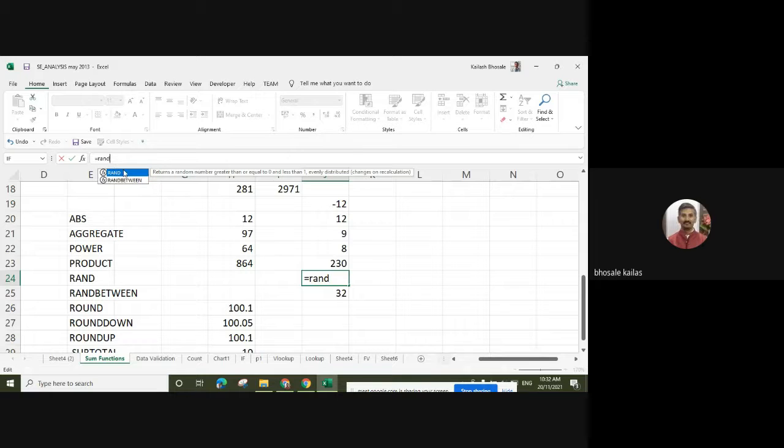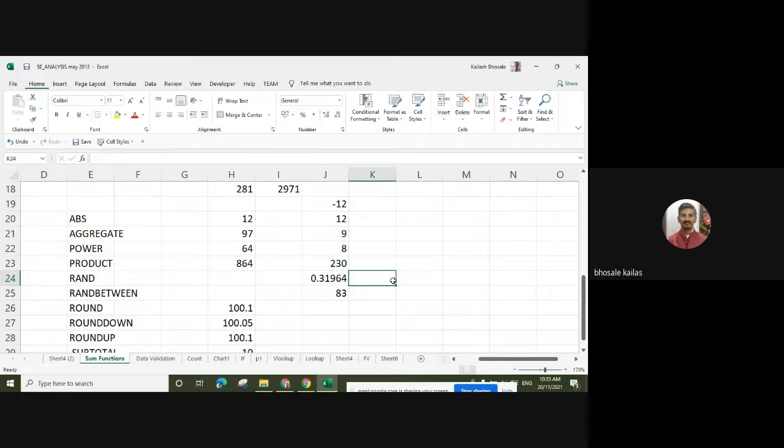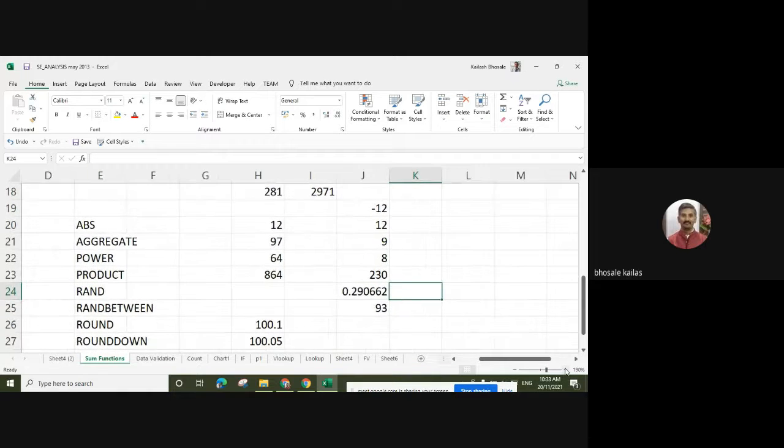The RAND function returns a random number greater than or equal to 0 and less than 1, evenly distributed, and it changes on recalculation. So when I press anywhere near this cell, it will give us random values between 0 and 1.